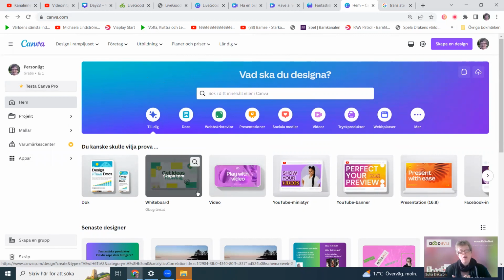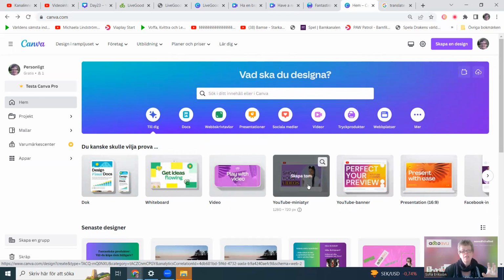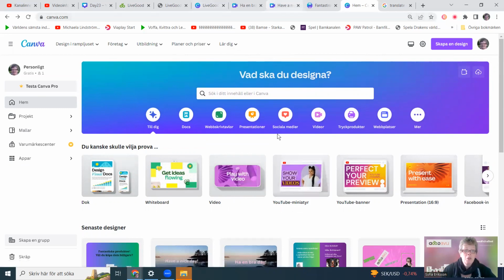But if you have a website where they have thought it through, you have a lot more white space than you have in this one, because it's also going to be overwhelming with all these things going on here. So it would be preferable to have a lot more white space. So that is just some brief going through. And if we go over to LiveGood,